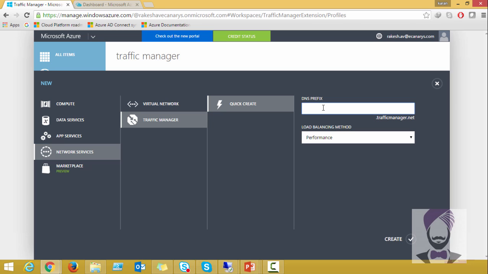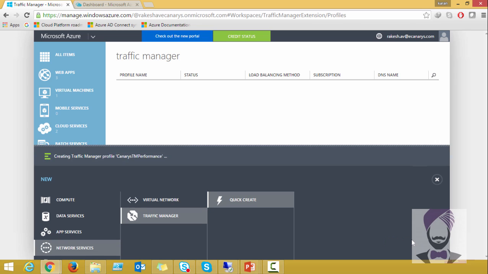Let us say it's Canaris Traffic Manager performance. This will be the URL of my application, and even if some URLs are not available, it will simply prompt here itself, not present an error on a separate page. Here you can select different types of load balancing methods. I'll select the performance load balancing method for the sake of this demo. I'll click on Create,